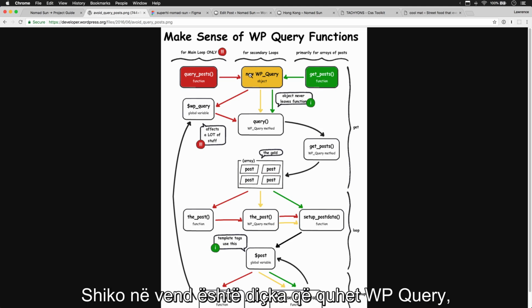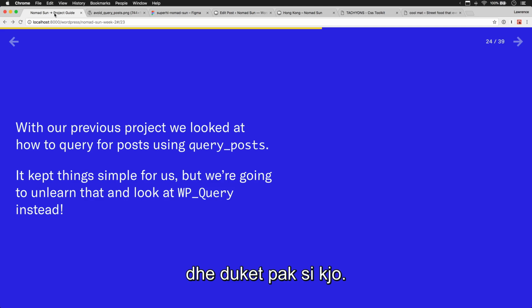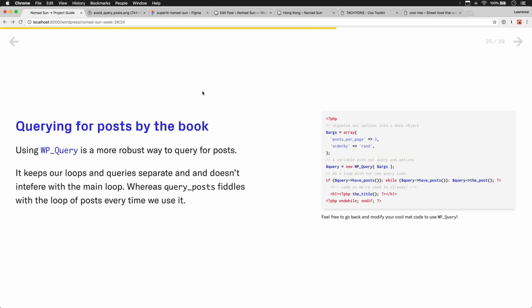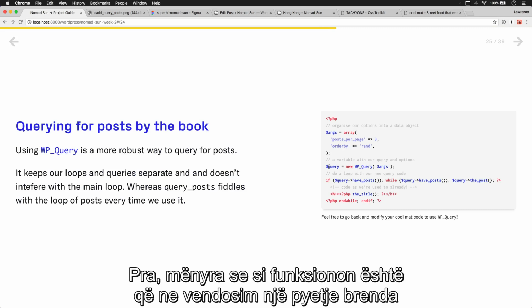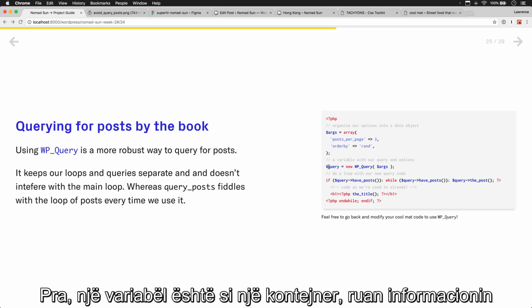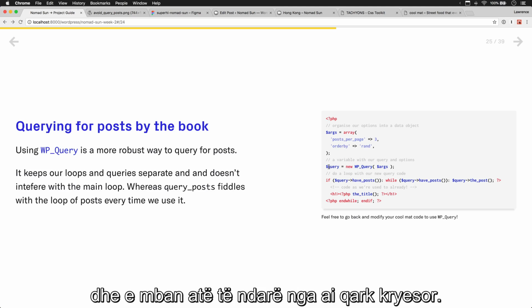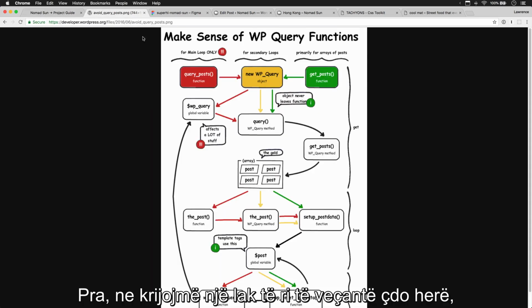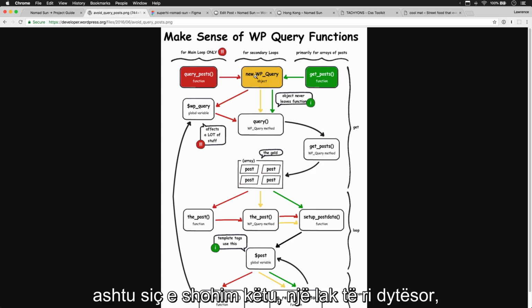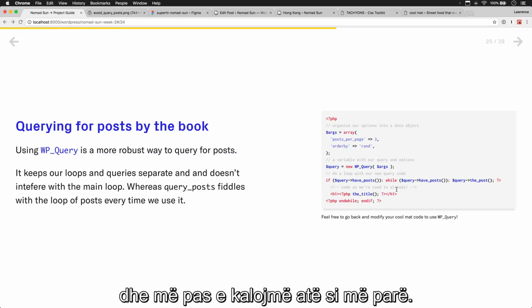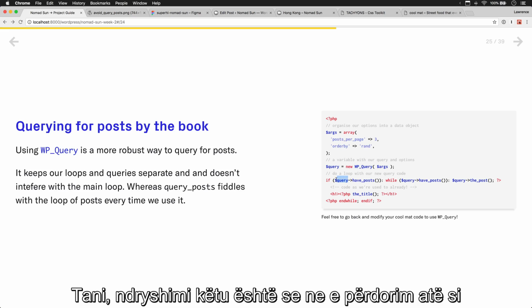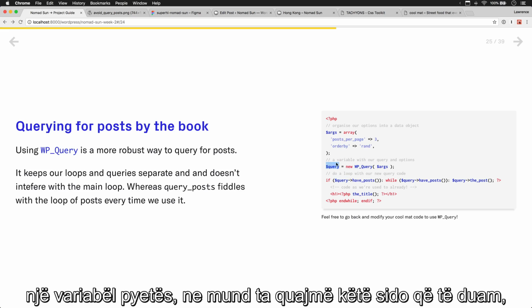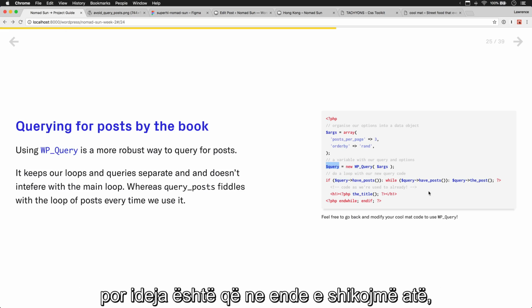So what we're going to look at instead is something called WP Query, and it looks a bit like this. The way that it works is we put a query inside a variable. A variable is like a container, it stores information, and it keeps it separate from that main loop. So we create a new separate loop every time. Just like we see here, a new secondary loop, and then we loop over that as we're used to. The difference here is we use it as a query variable. We could call this anything we want, but the idea is that we still loop over it